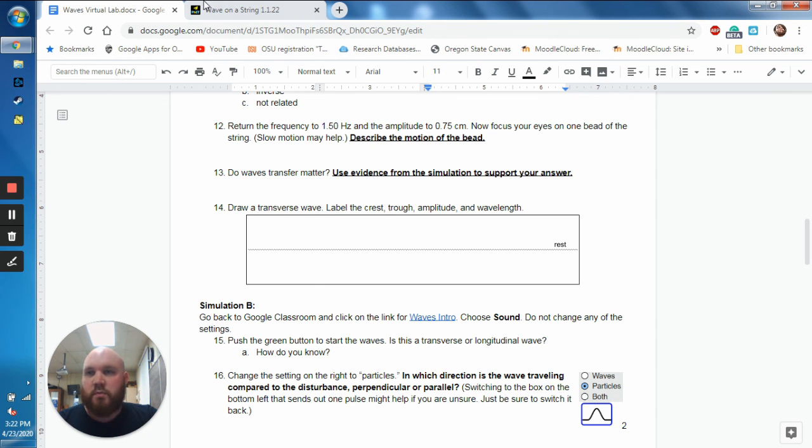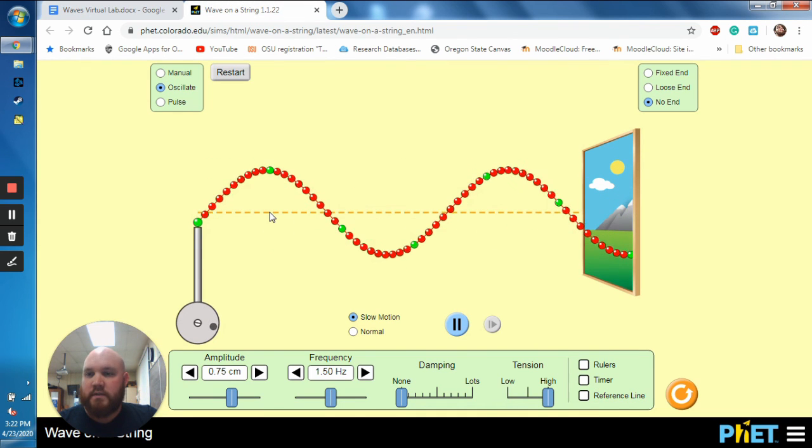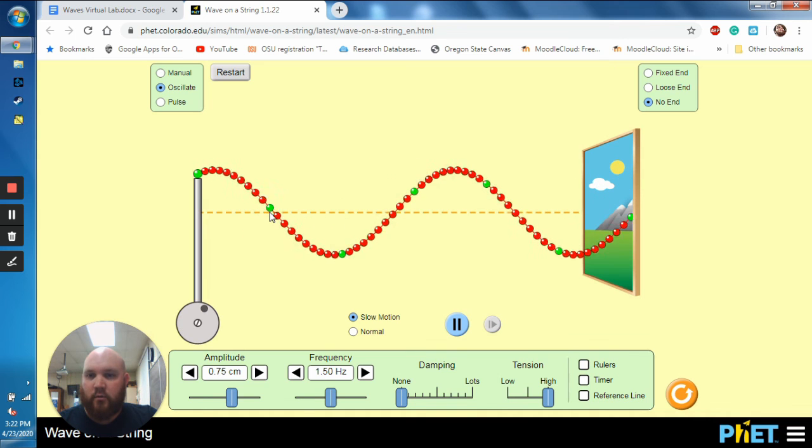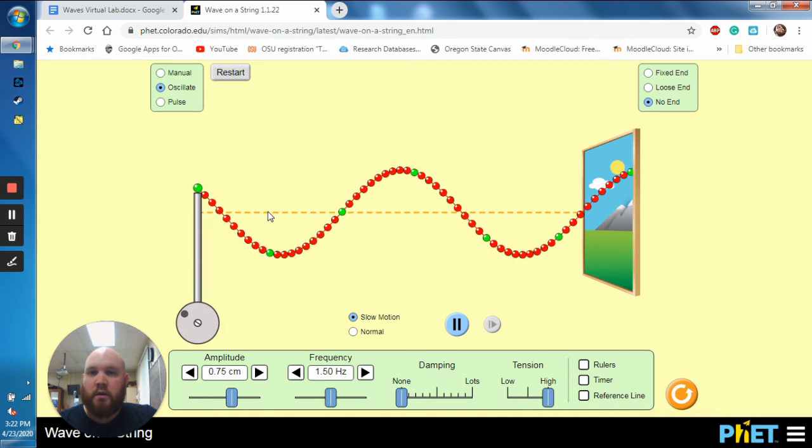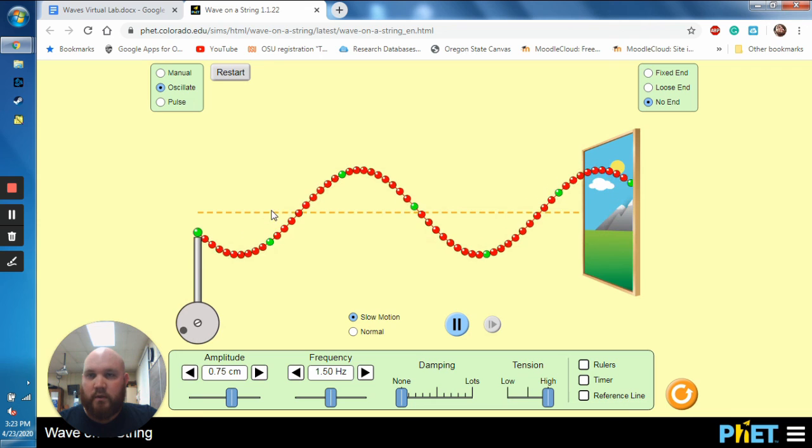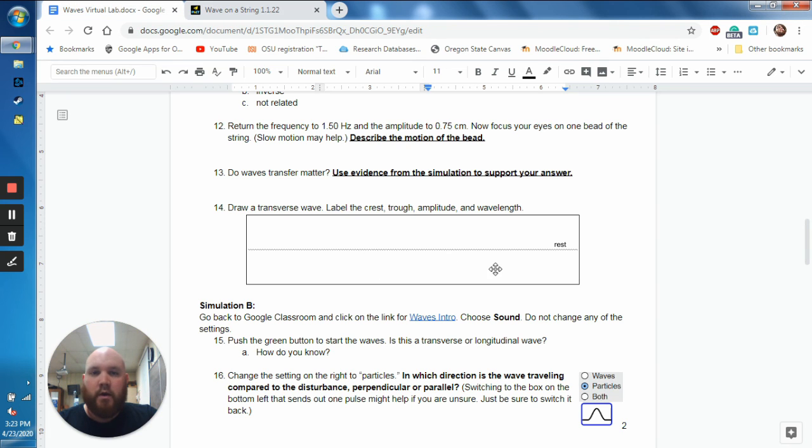Now, you should be okay to do this after doing the simulation, and you should have a good idea of where the amplitude is, the frequency, and then how to measure the wavelength. If you have a problem with this or you aren't sure where these labels should go, okay, rewind this video because I do talk about crest and trough and where those things are, or go into the PowerPoint slides that are available to you and check out where all of these things are, okay? I just want you to be able to draw where this is. And this line right here is representing the dotted